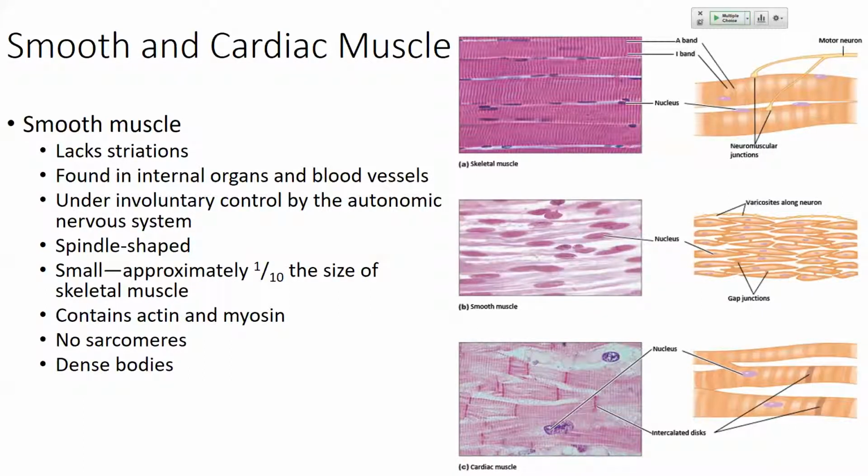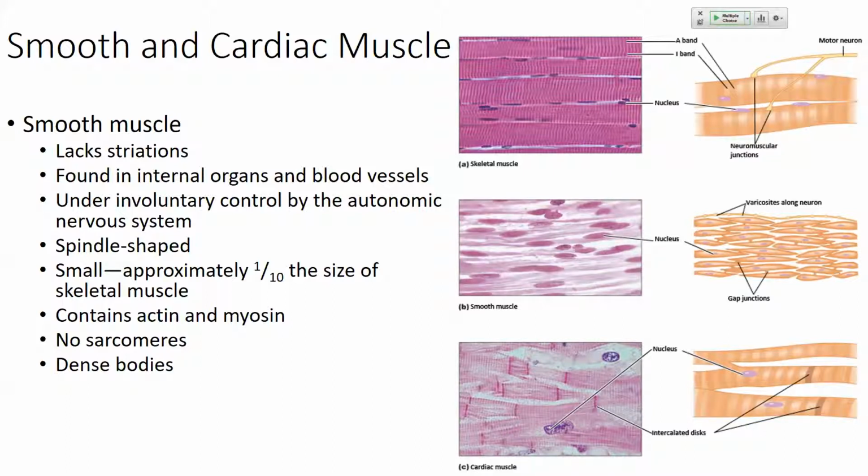Why smooth muscle lacks striations. Okay, what did we say causes the striation in skeletal muscle? What structure? The sarcomere, correct. So the sarcomere is what gives skeletal muscle its striated appearance. And as a result of smooth muscle not having any sarcomeres, it has no striations, hence the